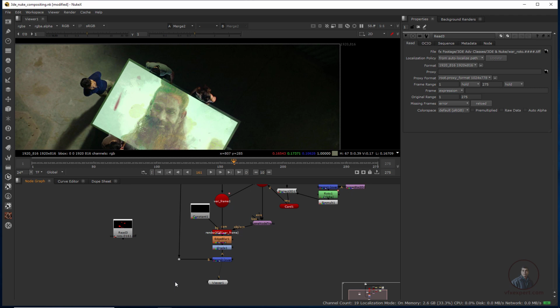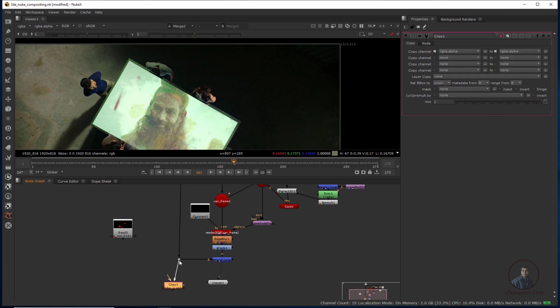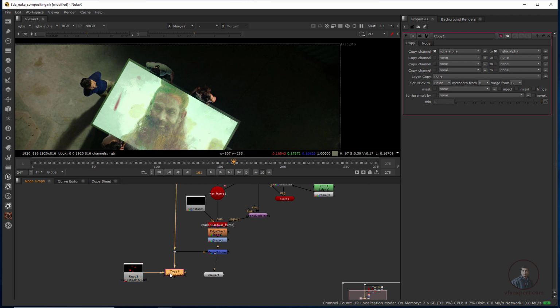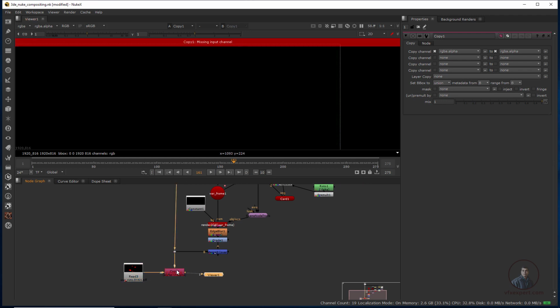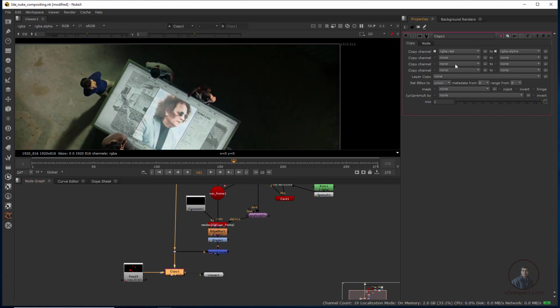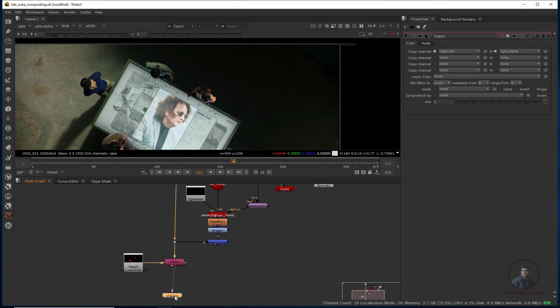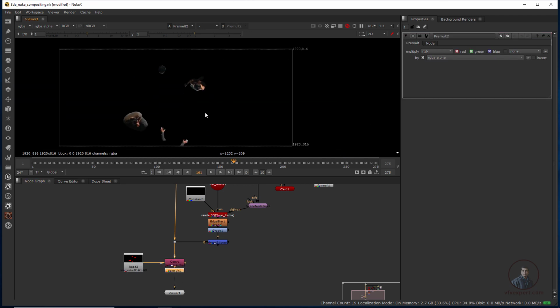Now press K for Copy, the background. This is our original footage background, and from here A means copy. So I am going to copy the alpha channel from here. Just like this. After this, select and press 1. It says missing input channel, so double click and copy the channel. You can select RGBA.red. Now after this we have to click on Premult here. So now you can get these papers.